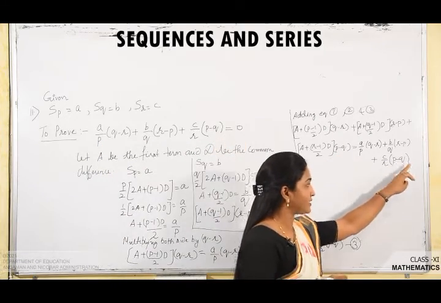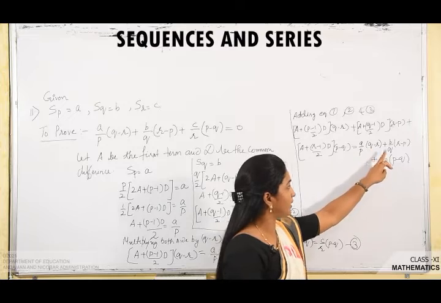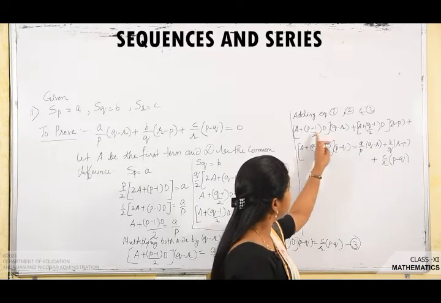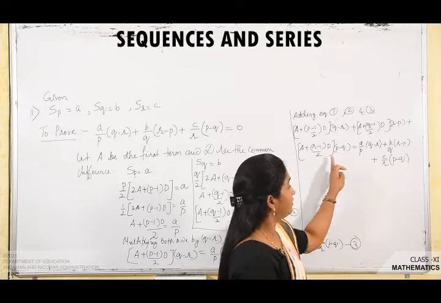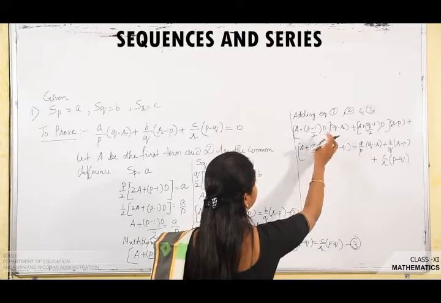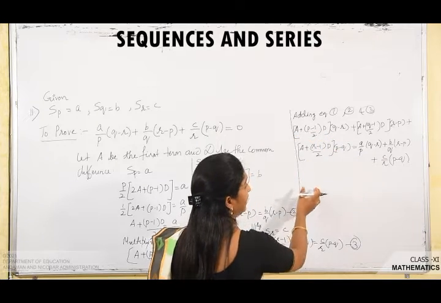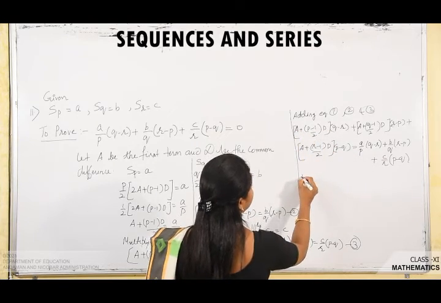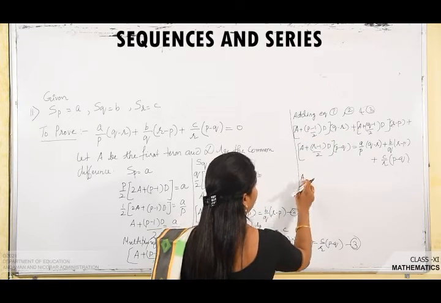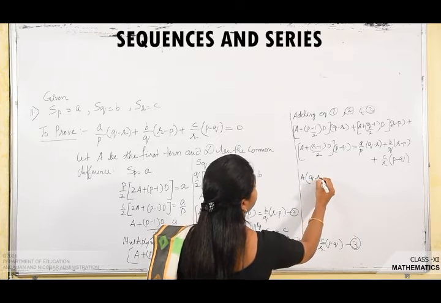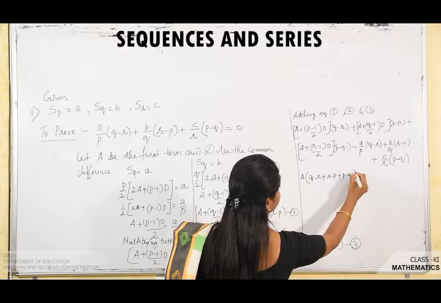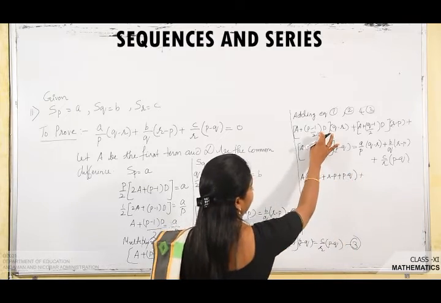So you got the right hand side as A by P (Q minus R) plus B by Q (R minus P) plus C by R (P minus Q). You have to simplify this and see whether you are getting 0 or not. And of course you will be getting 0 when you multiply here. When you open the bracket, if you take A common, everywhere you have got A, so you are getting Q minus R plus R minus P plus P minus Q. And if you take D common,